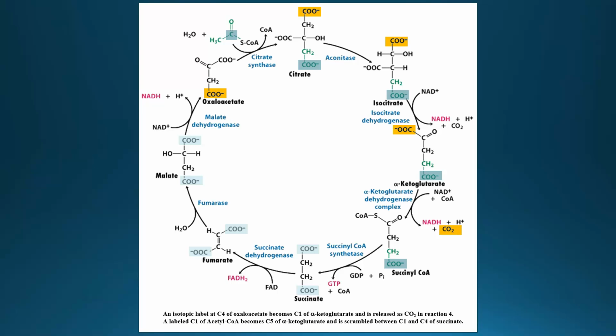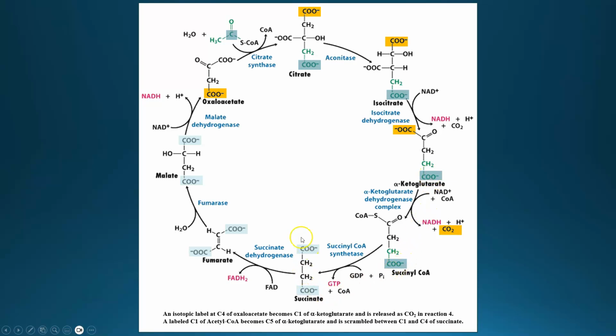In this diagram, I'm trying to show the radio tracer studies that were done in order to elucidate that information. For example, if one puts a radio label on this carbon, the carbonyl carbon of acetyl coenzyme A, and then follows the molecules where that is found in a cellular extract with all of the enzymes present, they will find that it's here at the bottom carbon of citrate, isocitrate, alpha-ketoglutarate, and succinyl coenzyme A.